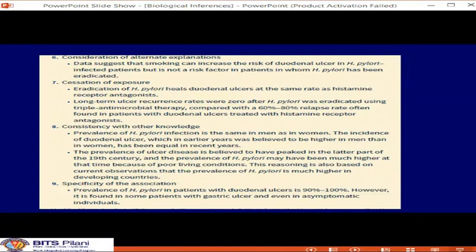Is this consistent with other knowledge? Does it happen the same in men and in women? Yes. So we can say it's consistent. Now,